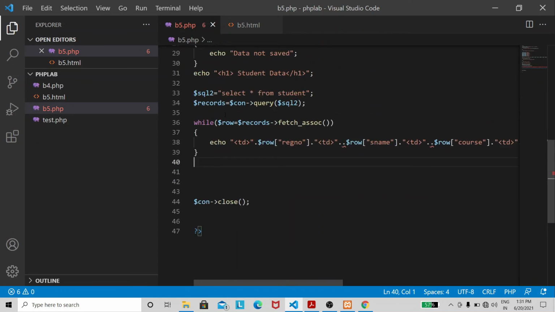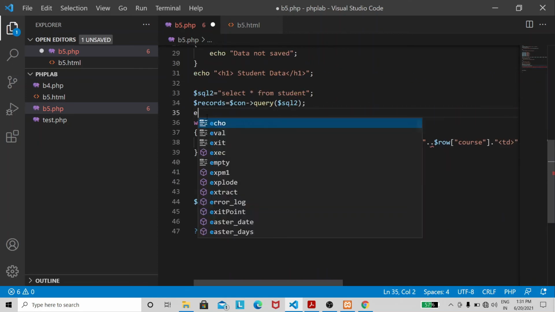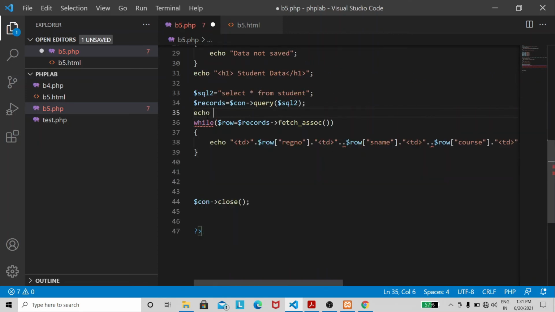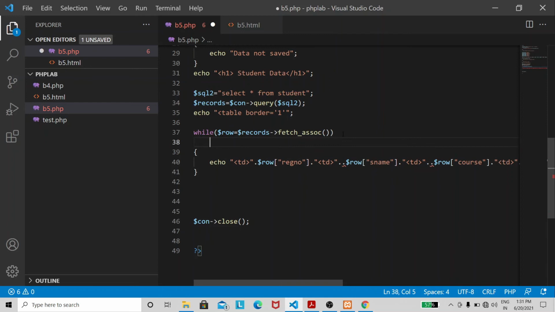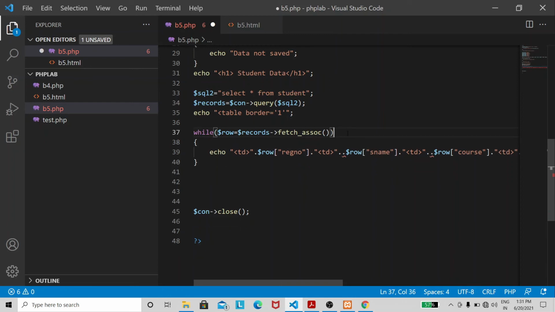Okay, so once this is done, we can terminate this statement. So before this we need to create a table. Table border is equal to 1, echo. Here we need to create the row for the table.